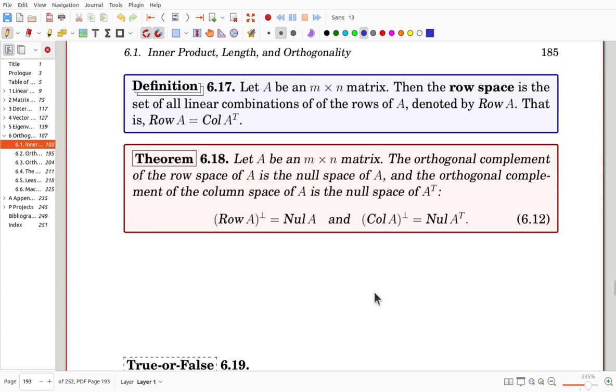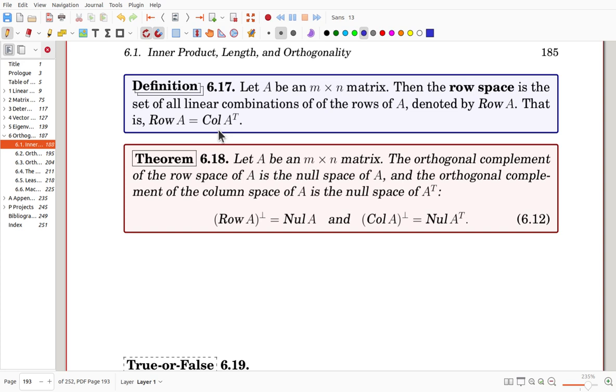If A is an n by n matrix, then the row space is the set of all linear combinations of the rows of A, and we use the notation Row A. That means the row space of A is the column space of A transpose. Of course, the row space is also